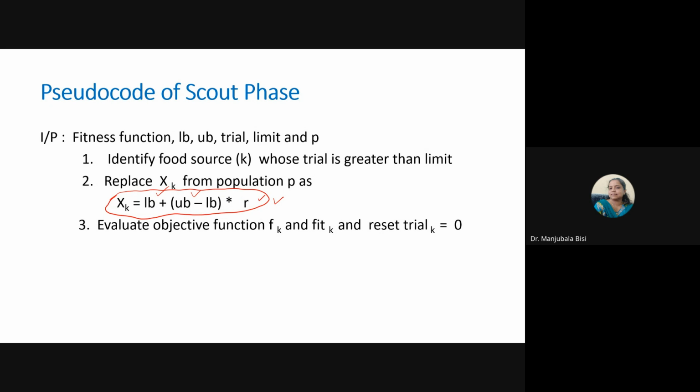So in the scout bee phase, we are providing the fitness function as the input, lb, ub, the trial value of each solution, the limit, a user-specified value, and P, the population. So you have to identify the food source k whose trial is greater than or equal to the limit. Then you have to replace the solution xk in the population with a new one, and you have to reset the